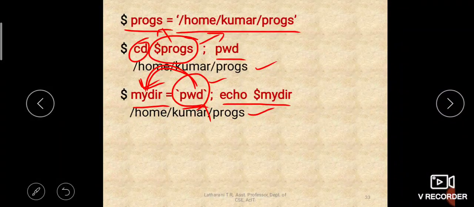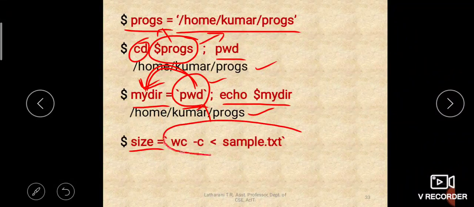Next, let us create another variable called size, and again we are using backquotes to evaluate a command. This command will be evaluated here, and the output of this command will be stored in the variable called size. So what is this command here?